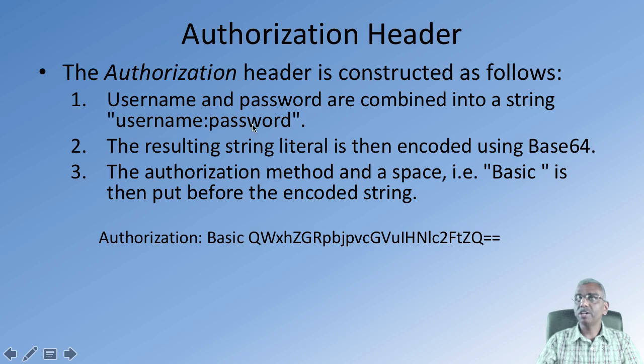So this information is encoded into a string like this and then enclosed in the request header going from the client to the server. The request header is of the type authorization, followed by the actual value, which says Basic, a space, and the base64 encoded string. When this is received by our server, the server will extract the username and password